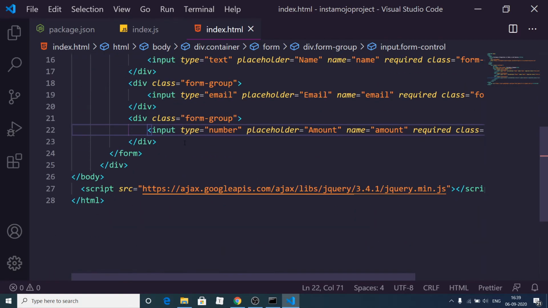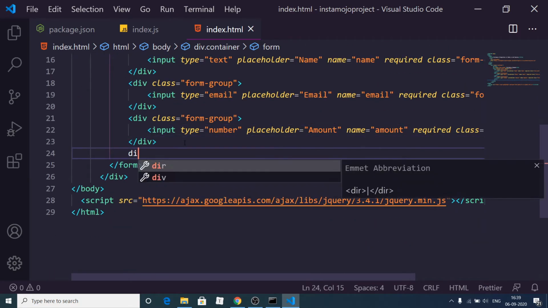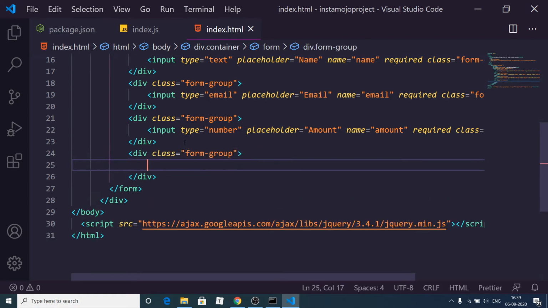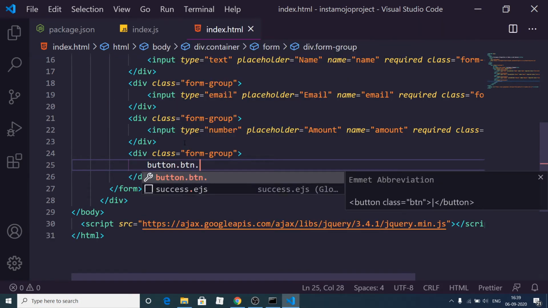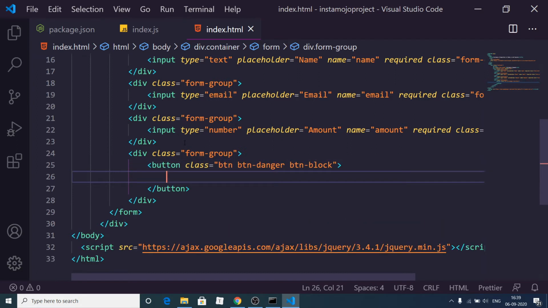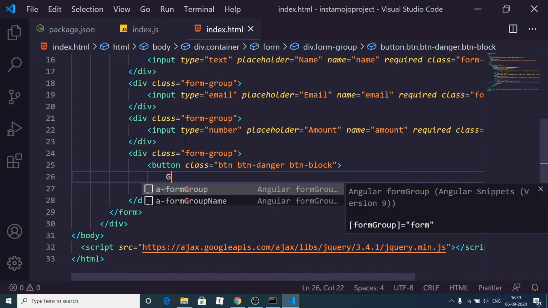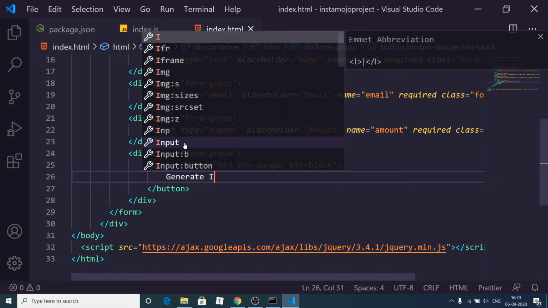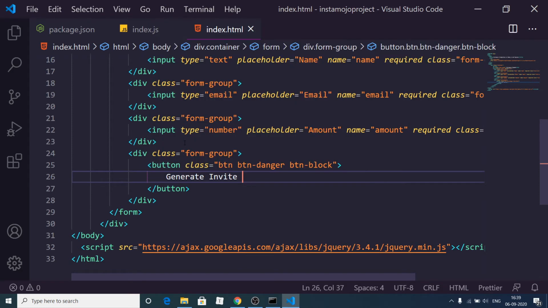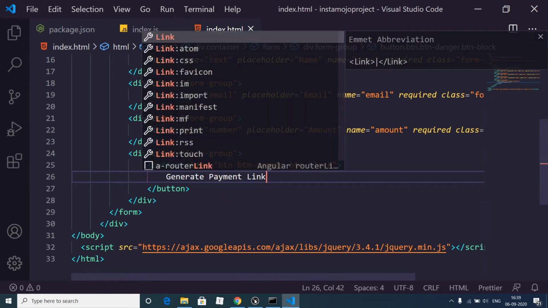And lastly we will have a simple button. So div form-group, and inside this we will have a simple button, btn-danger, btn-block. These are the bootstrap classes, and here we will say generate payment link. This is the label of the button.